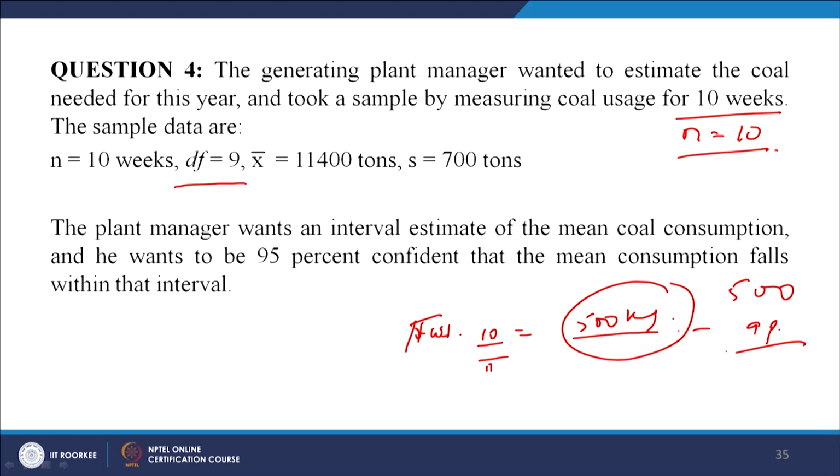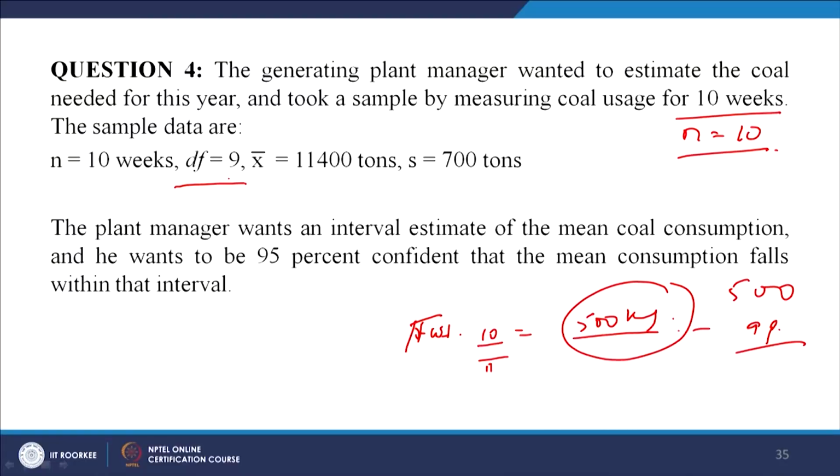That is what degree of freedom is. In research, you need to be as parsimonious as possible, that means you should be using minimum resources to get your result. So, in this case n was 10 and the degree of freedom will automatically be n minus 1, because the 10th one is not required to be given. That is the degree of freedom.